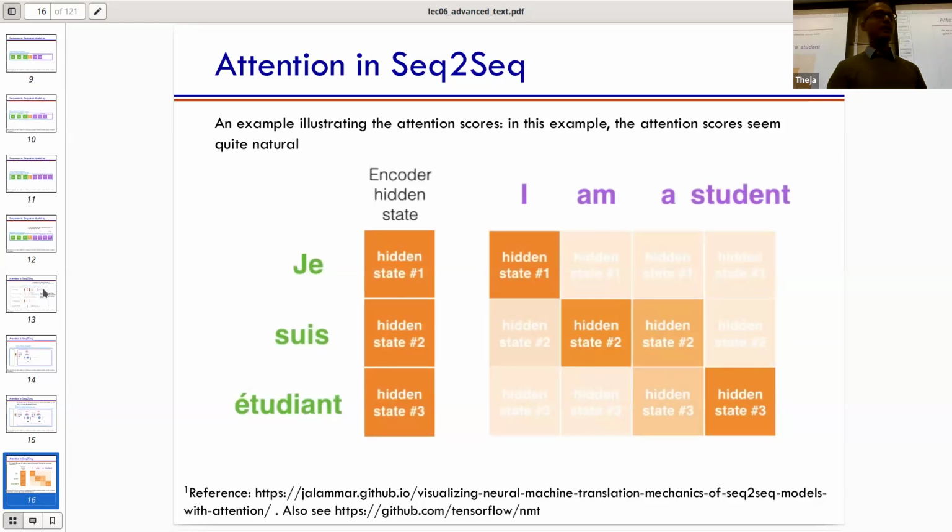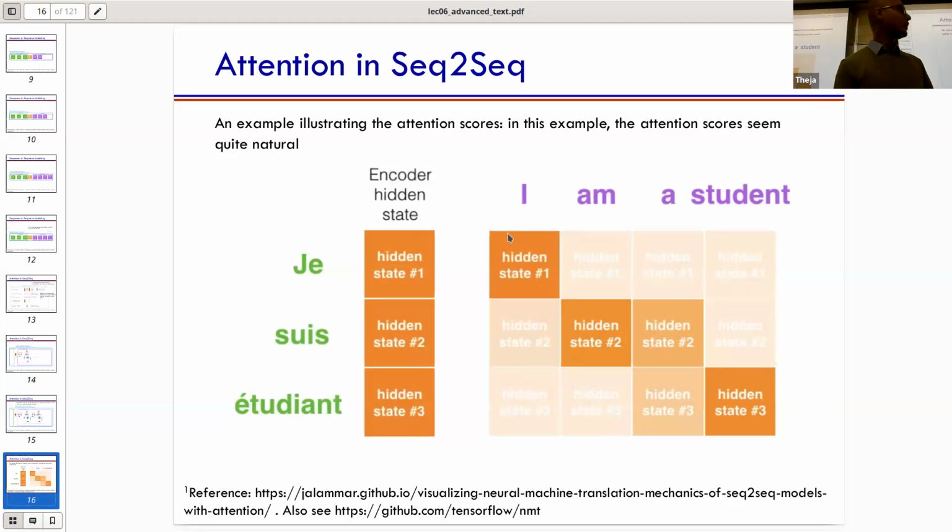So it's the same translation, but now let's look at a couple of attention weights themselves. How would they look? In this case, again, it's French to English translation, with a different input and output than the illustration we saw. Here we have 3 hidden states, since we had 3 words in the input, and I'm decoding one word at a time. Let's say I decoded 4 words. Then for each word while decoding, I would have attention weights alpha 1, 2, 3. So this is just the 3-dimensional vector of attention weights for each decoded output.